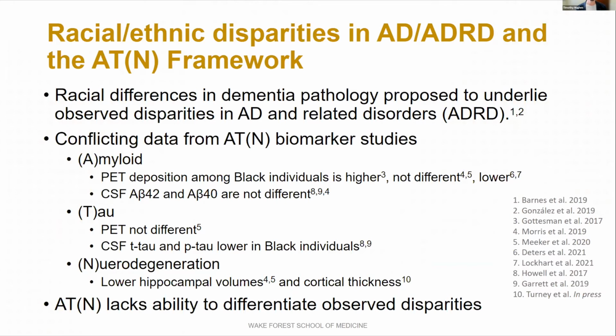Tau, from preliminary results, appears to not be different among Black and white individuals. And interestingly, CSF tau, total tau, and p-tau levels may actually be lower in Black individuals. There appear to be some racial differences in brain structure, such as lower hippocampal volumes and lower cortical thickness in Black participants compared to white participants. But in general, the ATN framework appears so far to lack the ability to differentiate the observed disparities in AD and ADRD